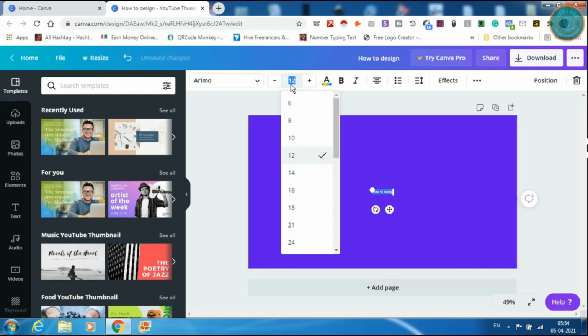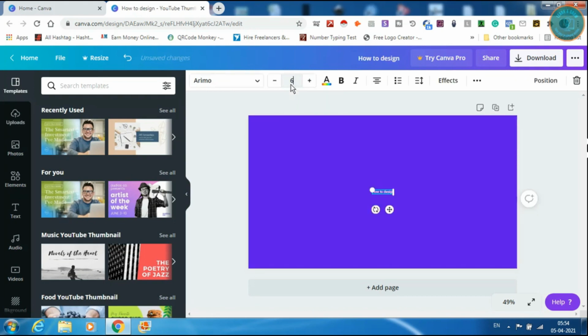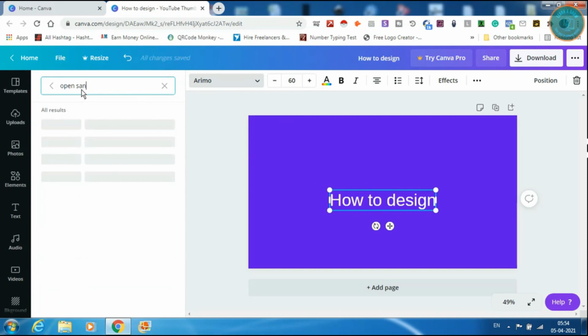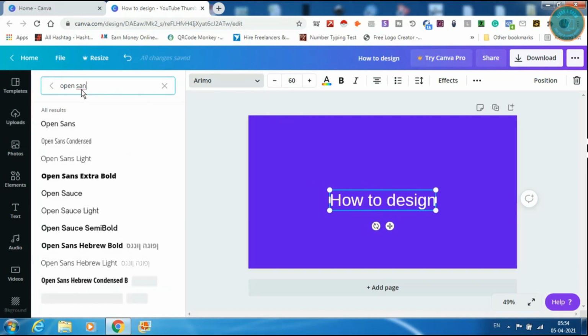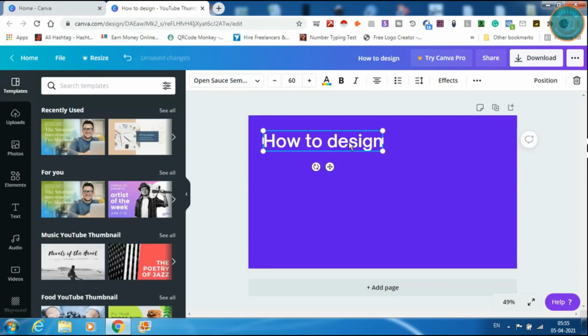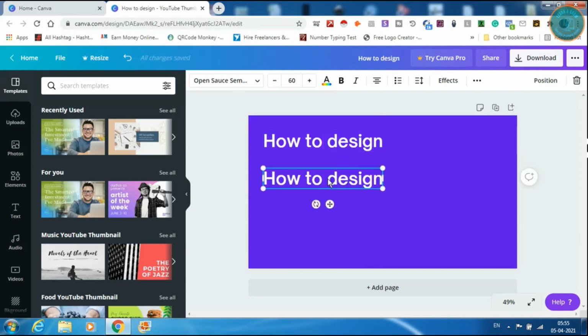put the text a little larger, let us say 60, and the font we are changing to, let us say, Open Sans, or any font that you like or that is recommended in designing thumbnails for YouTube. So let us put it here, selecting this text and pressing Alt, dragging it, and we are just changing the text here. So how to design